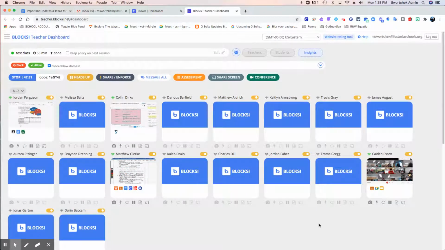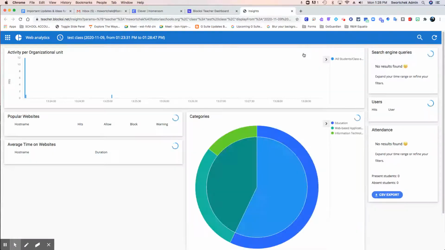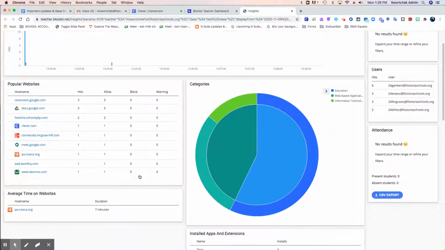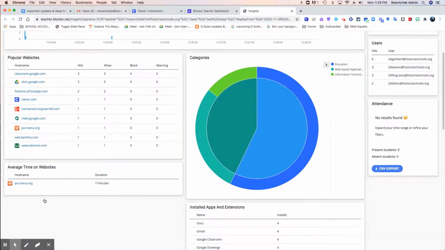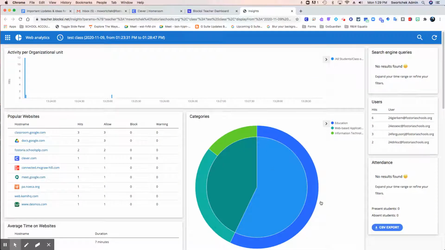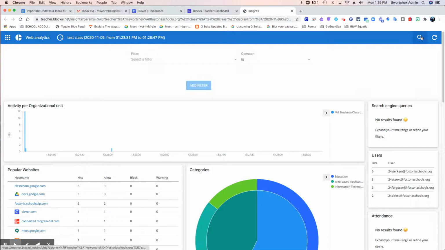Now, other buttons that are kind of interesting on this page, if you scroll down, there's nothing really in there, but there's this Insights button. If you hit the Insights button, it will run a search engine query for that particular class and give you the web analytics. Sites they went to, how many times, how many warnings, average time on a particular site, installed extensions, etc. You can see categories,